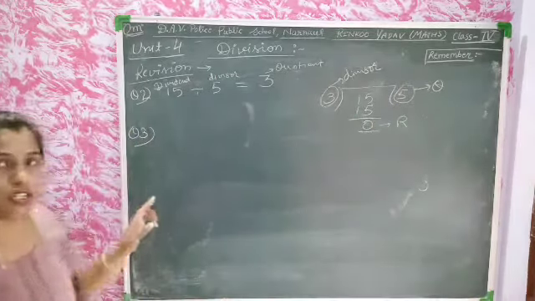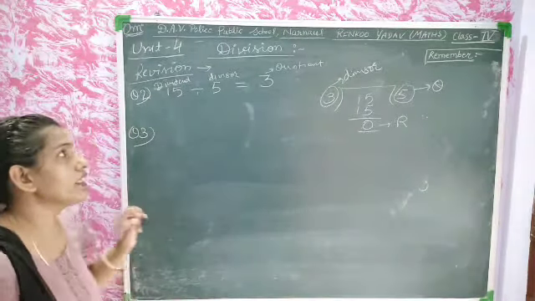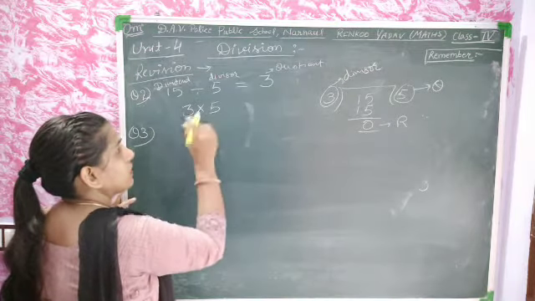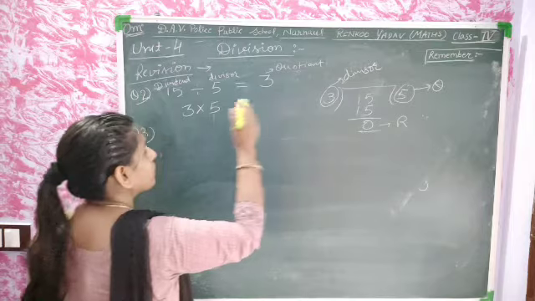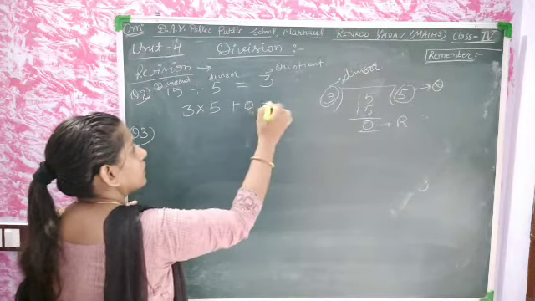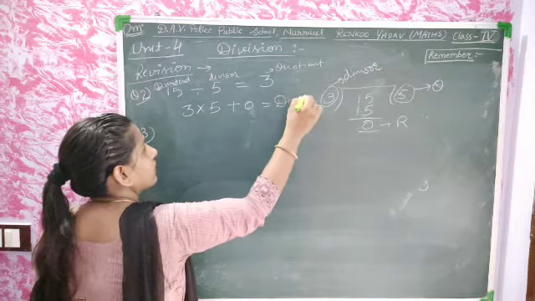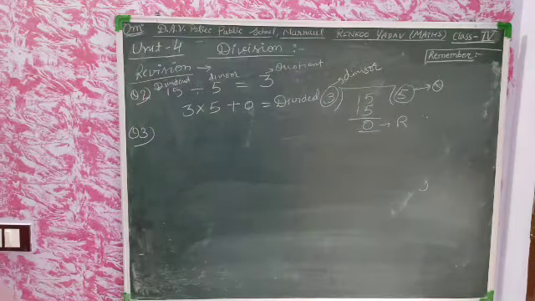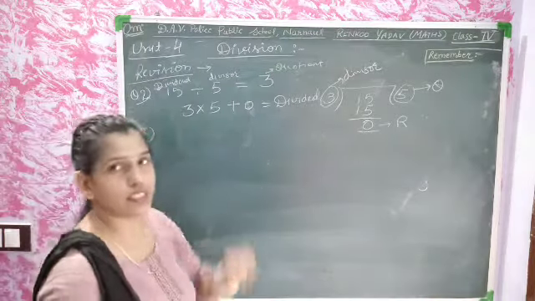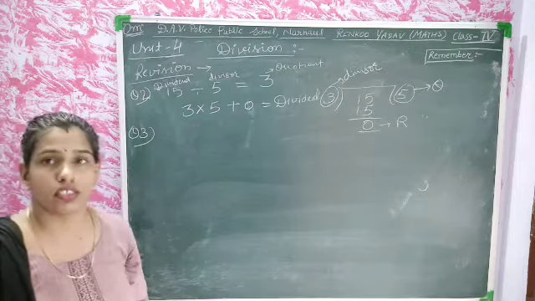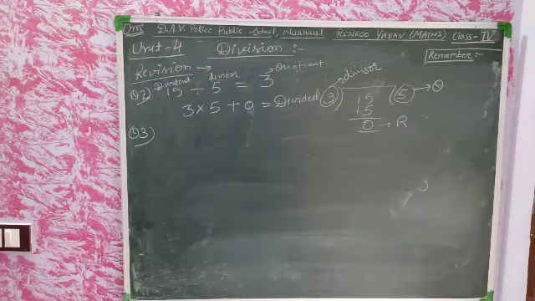Okay, students. Now, if we want to check it, 3 into 5, divisor into quotient plus remainder 0 is equal to the dividend. Is this clear, students? This is equal to the dividend, and this will become the dividend here, 15. Is this clear? Now